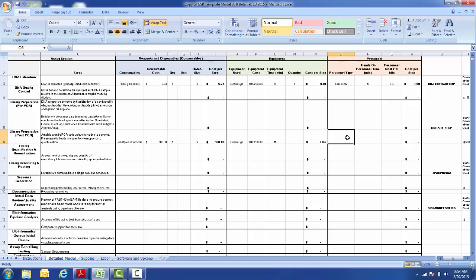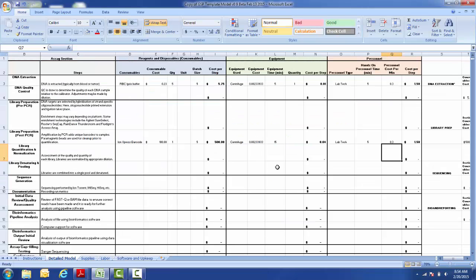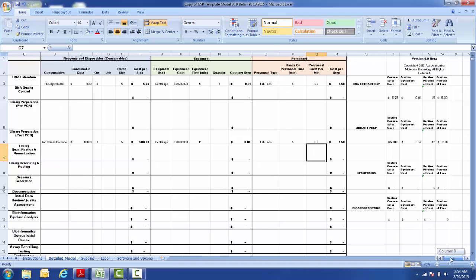The similar steps again with your personnel. So a lab tech will say again 5 minutes, and his or her cost per minute. So we'll go in here and look up the cost of a lab tech. And again, this will update on the side with your cost for the various steps in this